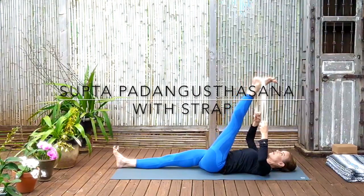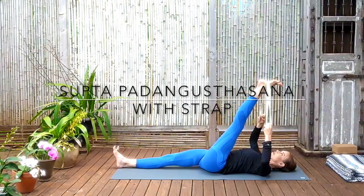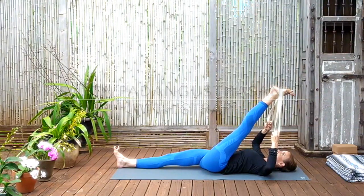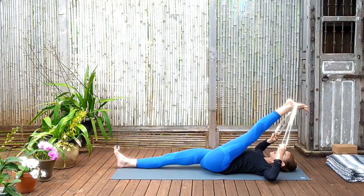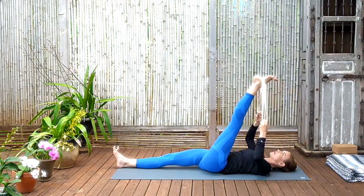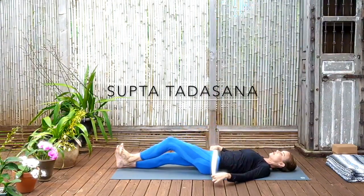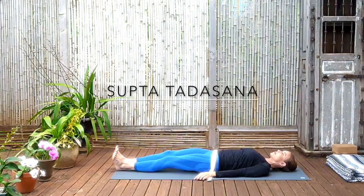And the challenge is to draw the leg towards you without losing the connection, the depth of the front groin coming into the hip socket. Keep broadening the backs of the legs, pushing the quadricep muscles to the bone, deepening the groin connection, and then release, bringing the leg back up, take the strap off, and re-find SUPTA TADASANA, moving the buttocks towards the heels,